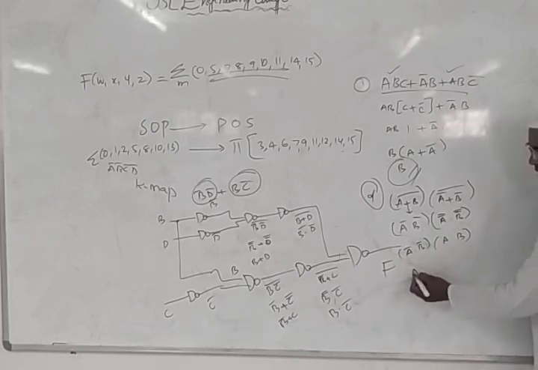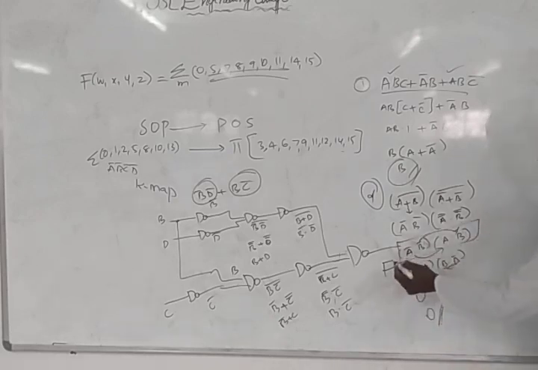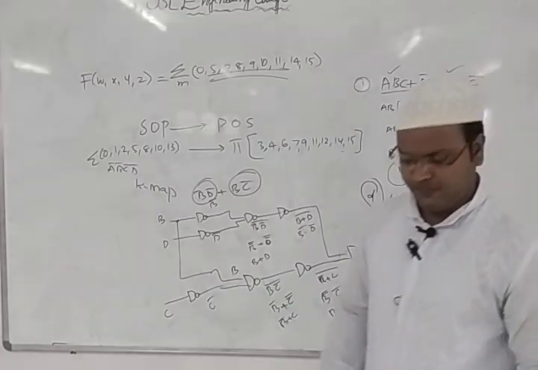What can I write? A bar into A, B into B bar. I can write like this because in multiplication I can interchange, A with A, B with B. I can stop here, or I can write what A into A bar is: 0. That is 0 only. This is the way you can do this particular function, or you can stop this way also. This whole function we can modify, or you can reduce it to this factor.